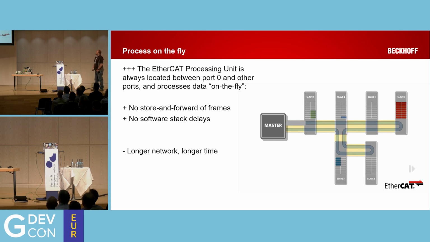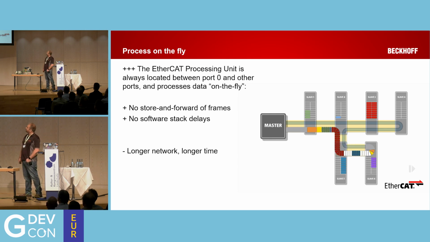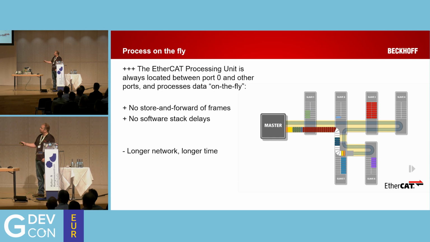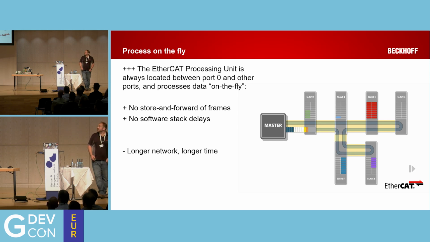If anyone's not seen this before, this is the standard EtherCAT image that will get presented to you. EtherCAT is what's referred to as process on the fly. That frame that I talked about, once it's built up, will travel through every single device in your network. The benefit of that is it's incredibly fast. There's no store and forward. There's no software stack delays in the system. There's a microcontroller in every single device that will then pull the data it needs from the frame and then replace it with the data it wants to go back to the master. That's incredibly powerful,